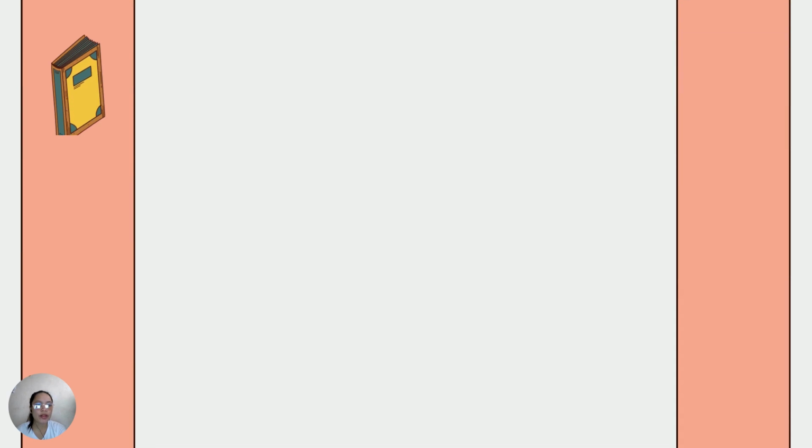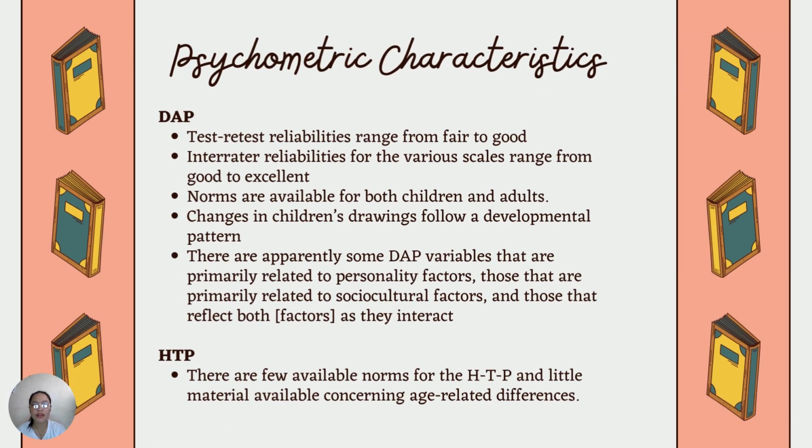Now, the next one is psychometric characteristics for both DAP and HTP. The test-retest reliabilities for the DAP range from fair to good. The inter-rater reliabilities for the various scales range from good to excellent. And moreover, the norms are available for both children and adults, and the changes in children's drawings